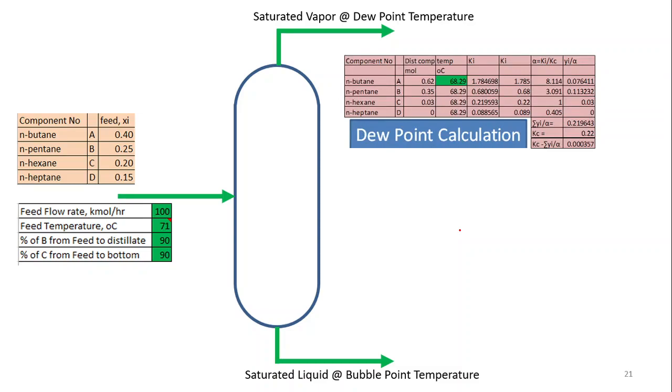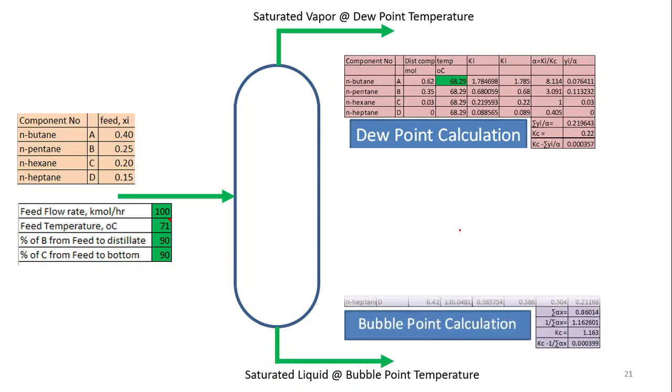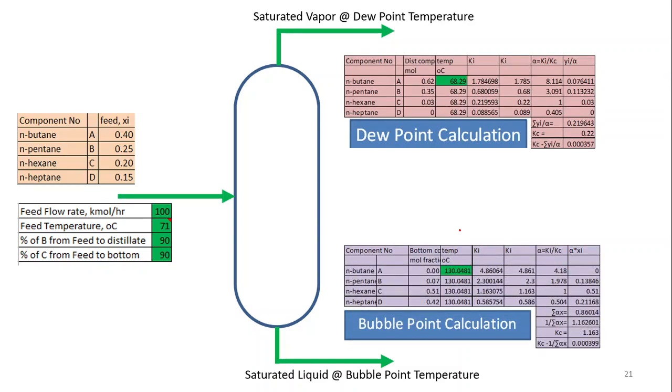So we can calculate the dew point from the top composition and we can calculate the bubble point from the bottom composition. The most important thing here is that we have to assume that the heavy component, heavier than the heavy key, that is D here, will be 0 in the top. Similarly A will be 0 in the bottom, because there is no light in the bottom and there is no heavy in the top. Only B and C distribution are there.